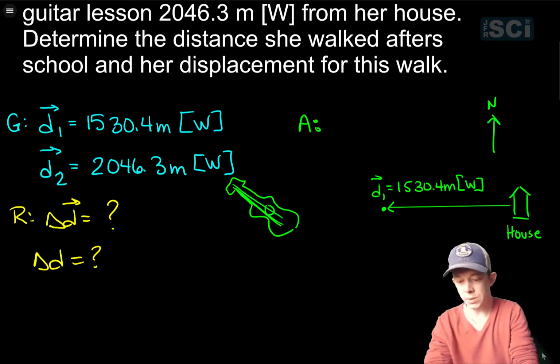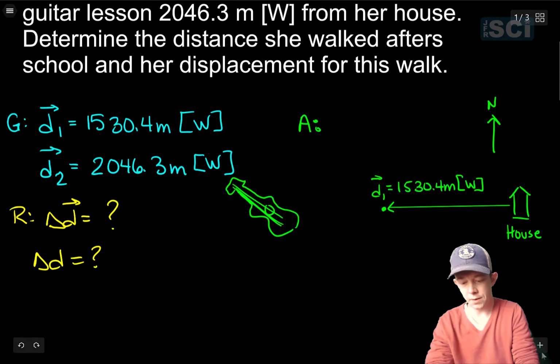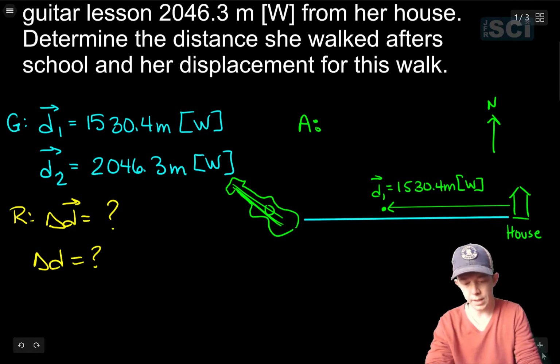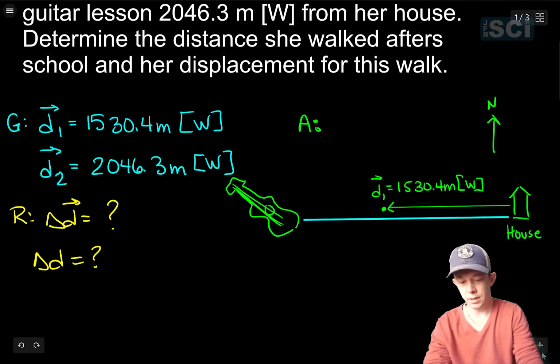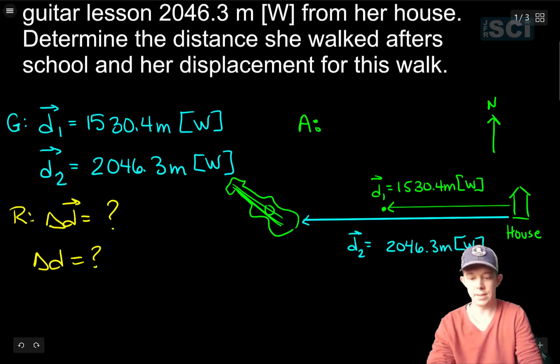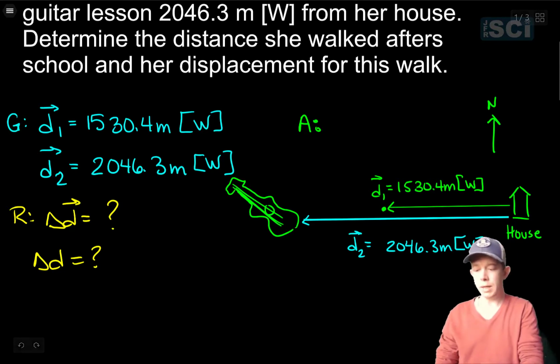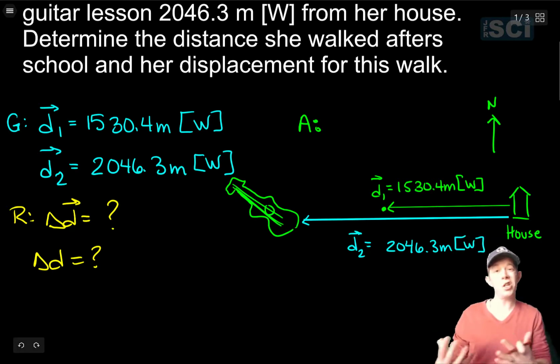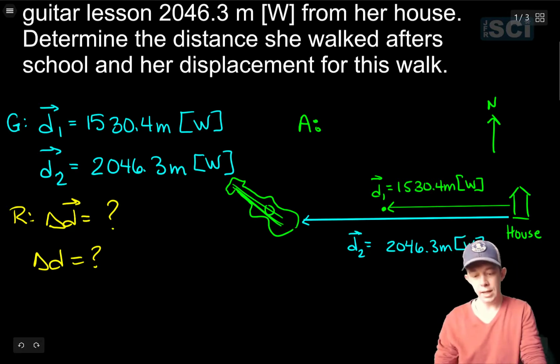Okay, now D2 is from their house way out to this location here. So this is what I'm going to call my position 2 of 2,046.3 meters. And again, it's towards the west. Okay, so my displacement, or the change in position that I have here, is simply going to be this piece